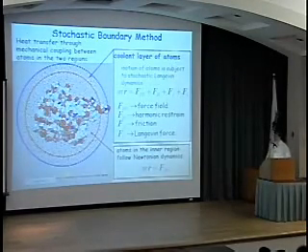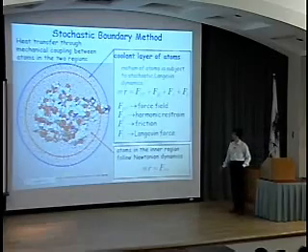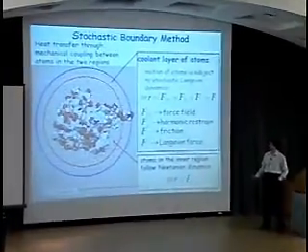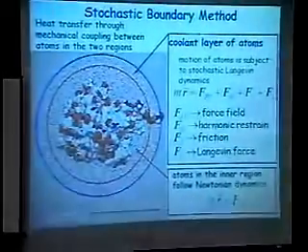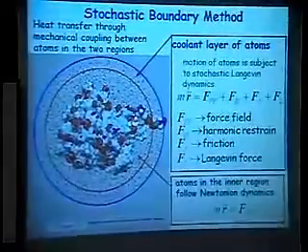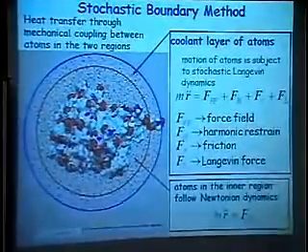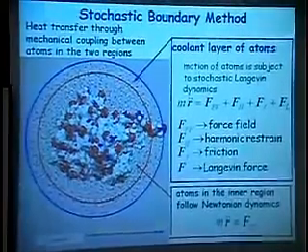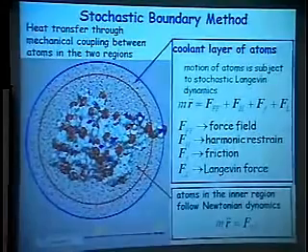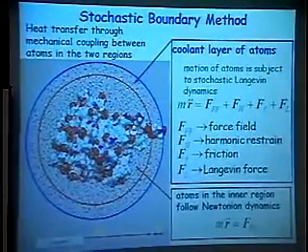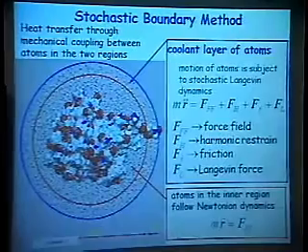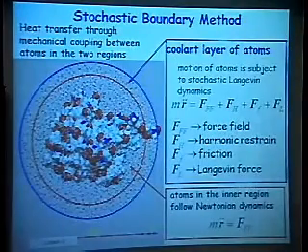So here is the stochastic boundary method. It looks something like this. You have a protein, and you surround it by water. Usually in this case, in the exercise which you are going to work on in one of the hands-on sessions, you will have a protein solvated in a spherical shell of water. The system will be equilibrated at a temperature of 300 Kelvin. And then you will have to do the following.